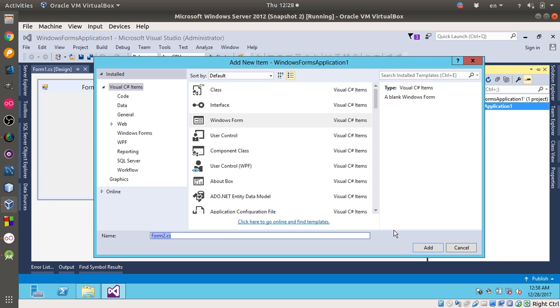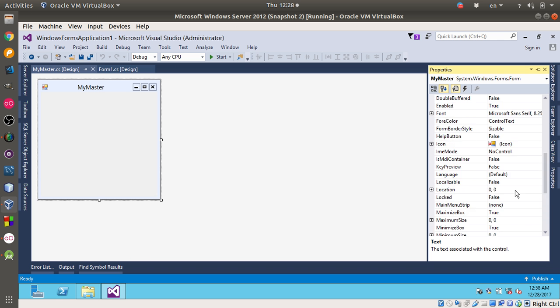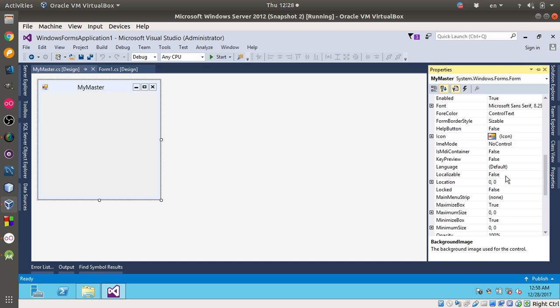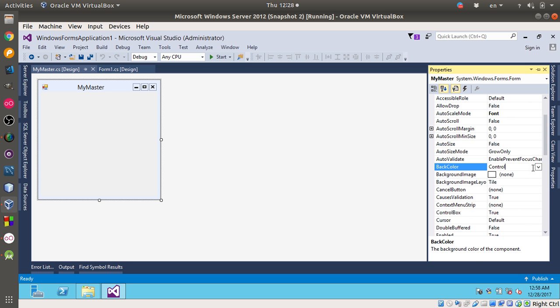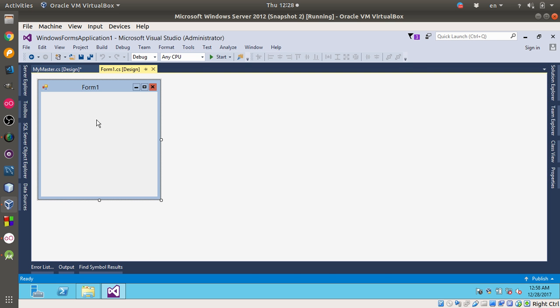I want to call it my master. And this is my master. If I change the background color or set anything to my own custom, here for example the background color, if I change it to, for example, blue here,